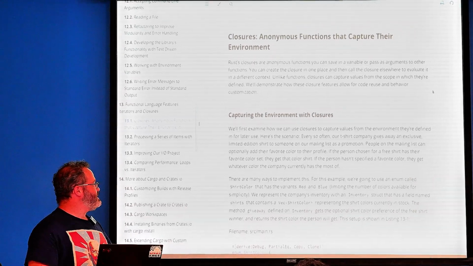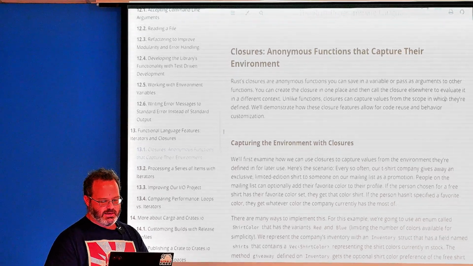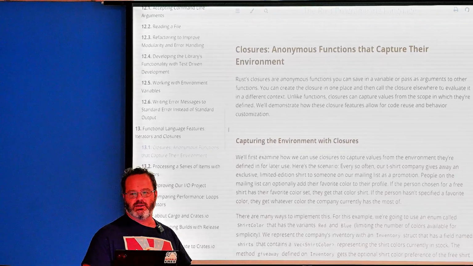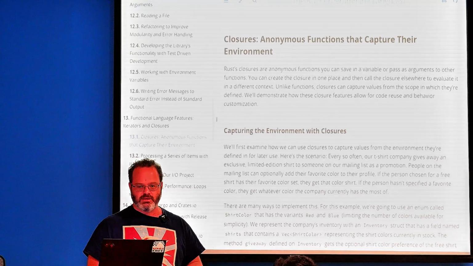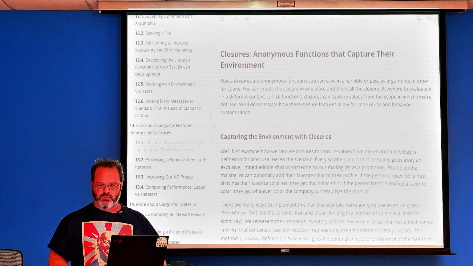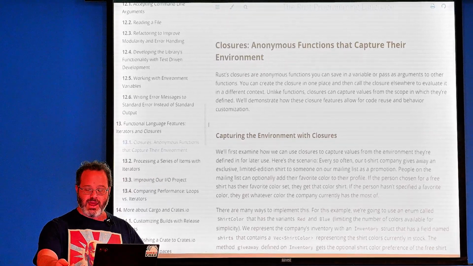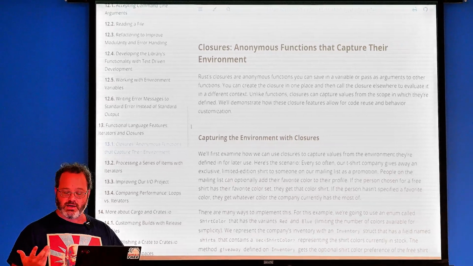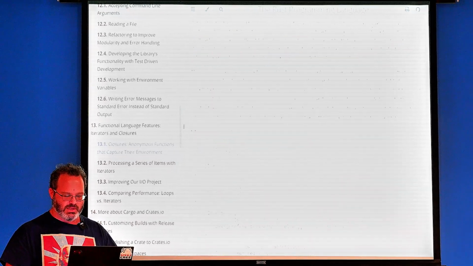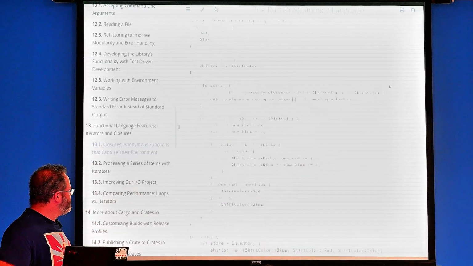So the first thing is that when we look at an anonymous function, it's not taken in isolation of the rest of the code that it's defined in. And what that means is that some languages don't have the ability to look at the context in which the function is defined and take things from that context, but Rust does. And it's actually pretty common now. Most languages can do this. And what that means is if we come over here and we look at this implementation,